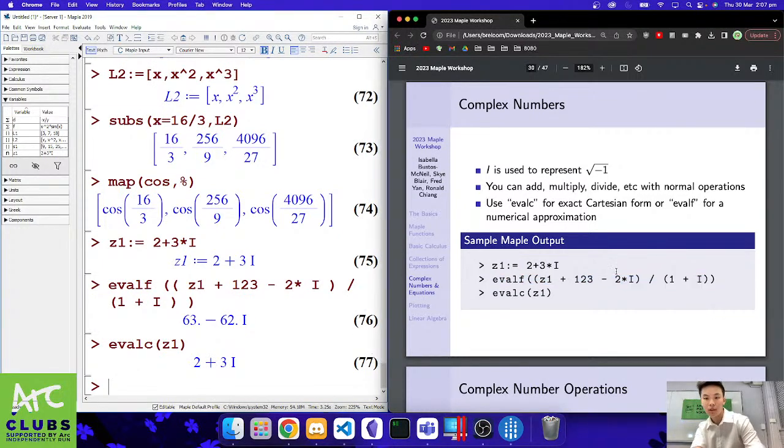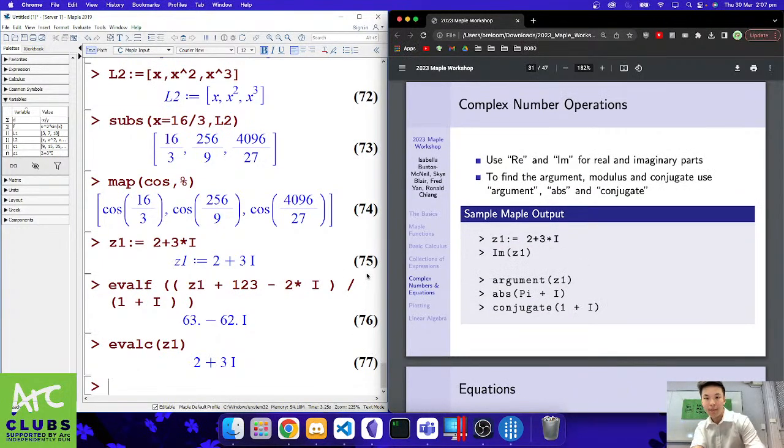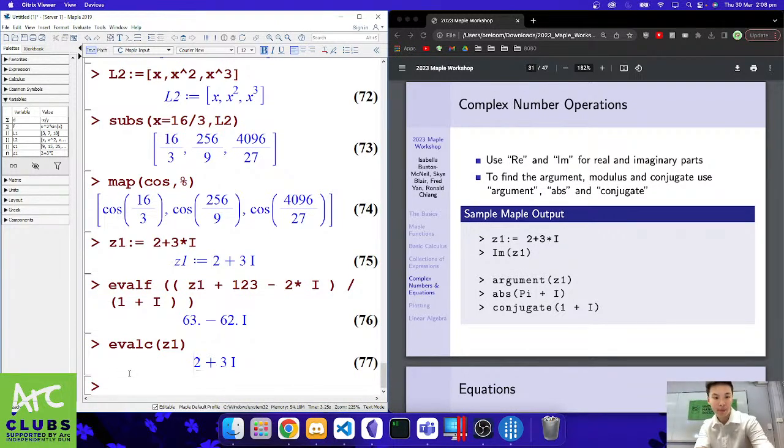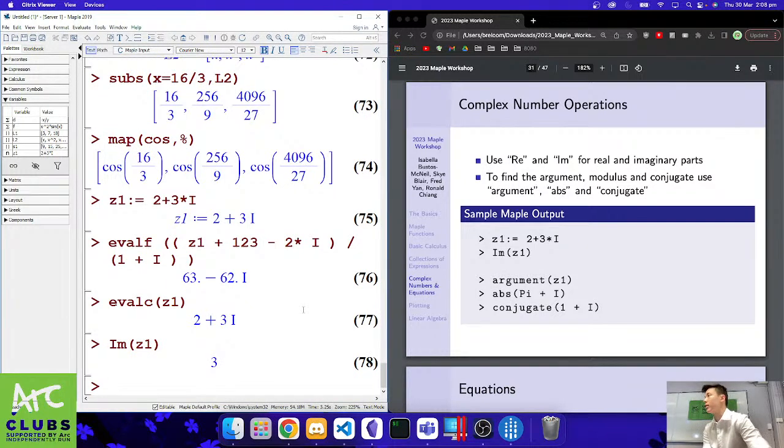And a lot of your basic complex number operations, such as real, imaginary, argument, modulus, and conjugate, are all built in within Maple. So again, if we want the imaginary part of Z1, we just simply call im of Z1, and that would extract out the imaginary component. Okay, and same with the real component. That's just going to be re of